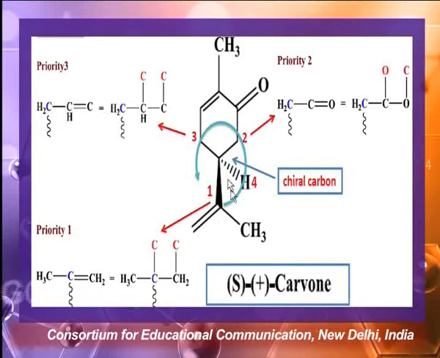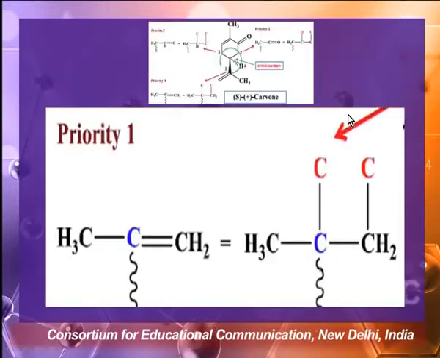So now when we look at the direction of the groups, we find that the eye travels in anti-clockwise direction from the group having highest priority to the group having lowest priority. So this molecule is assigned configuration S. Here I have explained those groups again, as I thought that they may not be visible here. So here you can see they are easily visible.